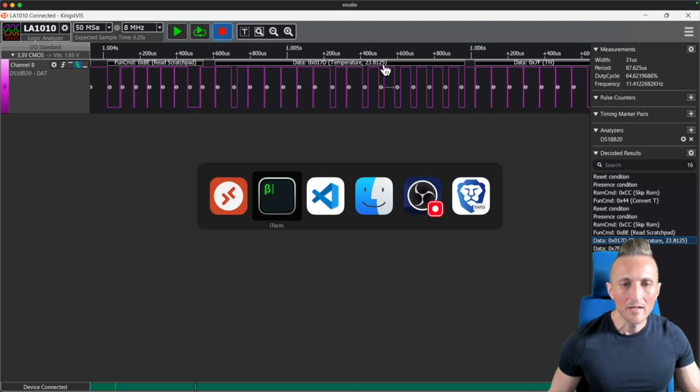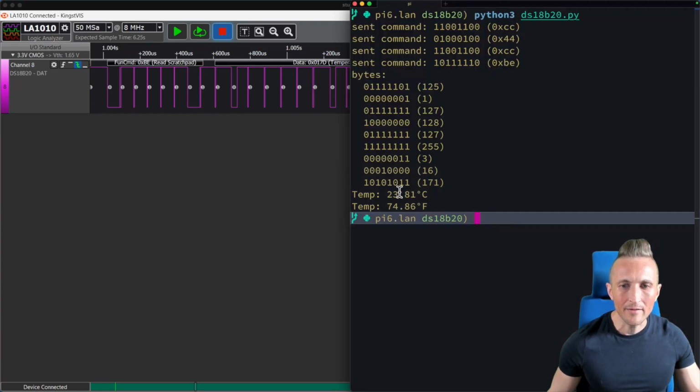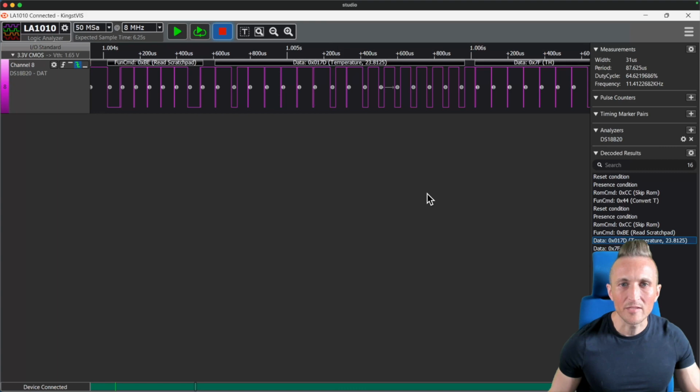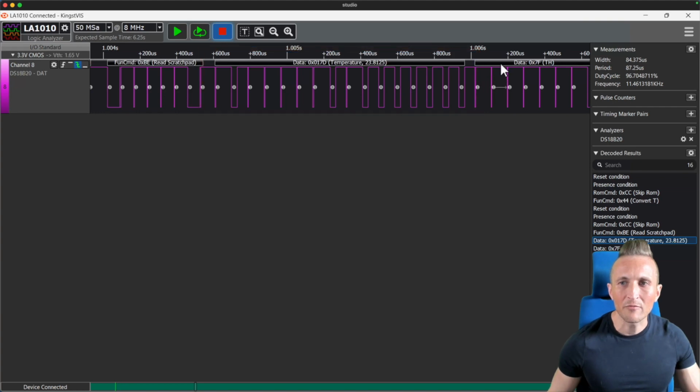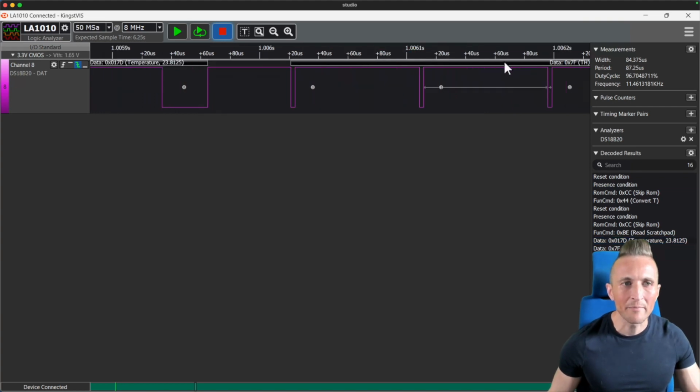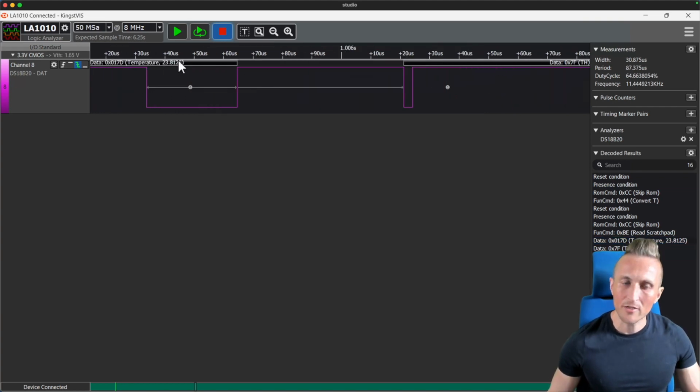That's in Celsius. Come back over here to the command line. There it is, 23.81. And that's just a rounded version of it. So yeah, you can actually see the very first 2 bytes of data it gets back, our temperature. Then there's some thresholds for some other features that are read, but I'm not using those right now. So what I want to show you there is that the logic analyzer can help you see what's happening